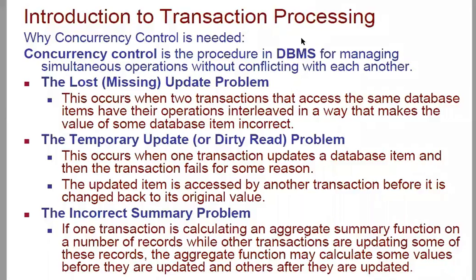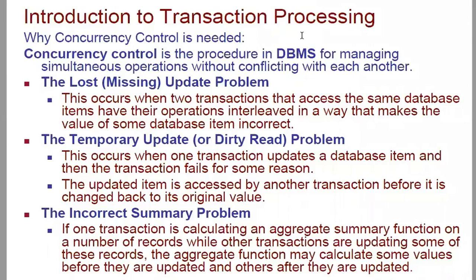What do you mean by concurrency? Then what do you mean by concurrency control? Why is concurrency control required? Concurrency, as you know, is when two or more events are occurring at the same time or simultaneously. For example, if two or more transactions are trying to access the same data item from the database or from the table, there is a high possibility that maybe a conflict might arise.